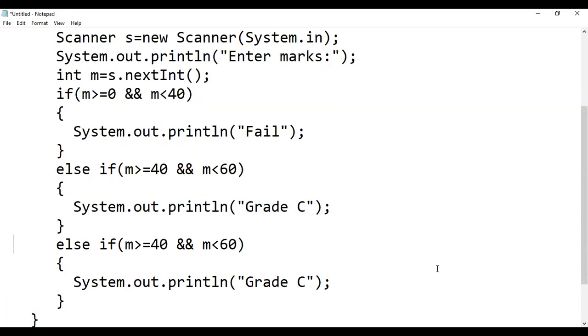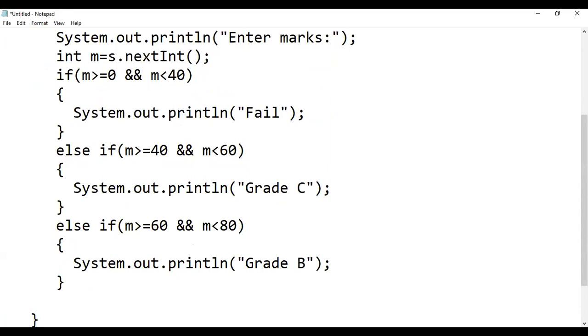So now marks should be greater than or equals to 60, but it must be less than 80. So now we want to display grade B. So again, to display grade A, marks must be between 80 to 100.